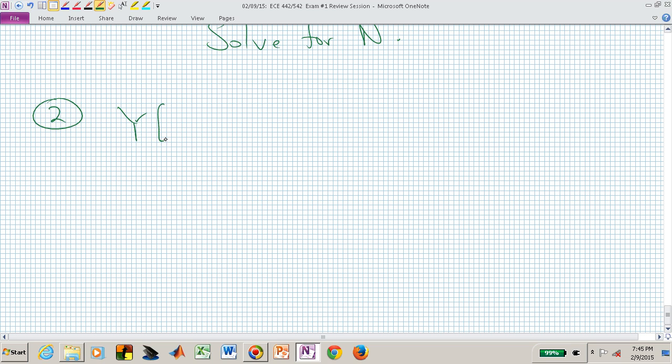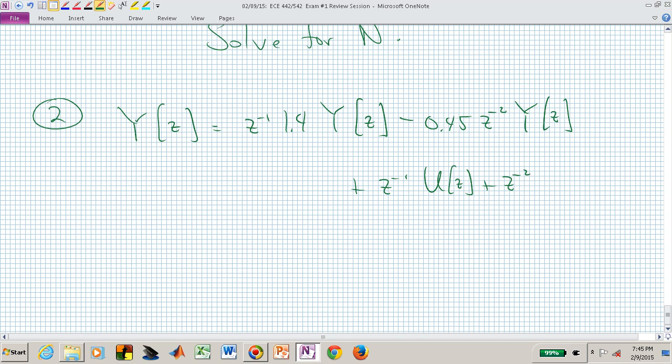Meaning you now can, from this, I hope, see that you now have capital Y of z is equal to z to the minus 1, 1.4 y of z, minus 0.45 z to the minus 2 y of z, plus z to the minus 1 u of z, plus z to the minus 2 u of z, or I now have 1 minus 1.4 z to the minus 1, plus 0.45 z to the minus 2,